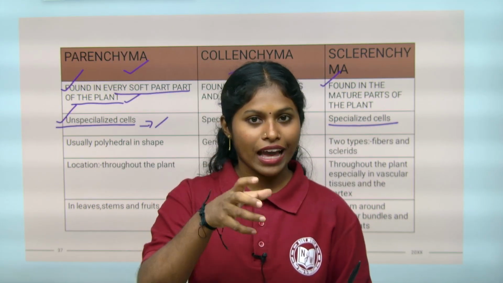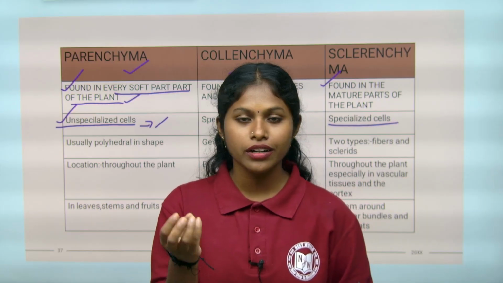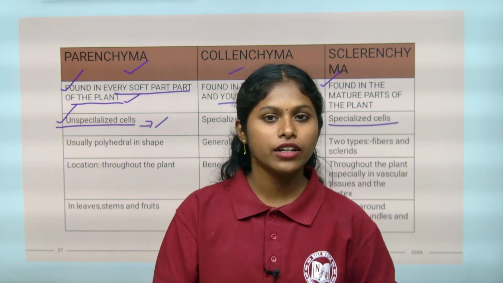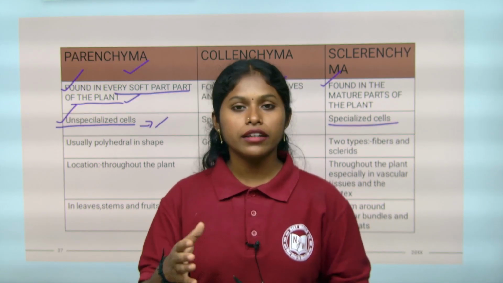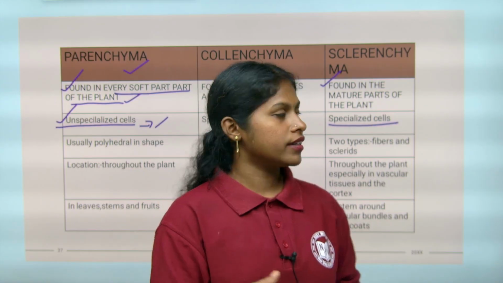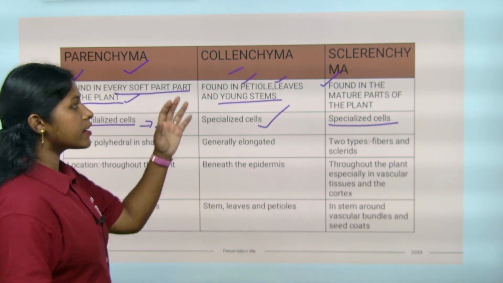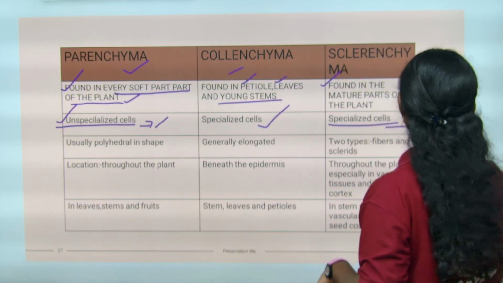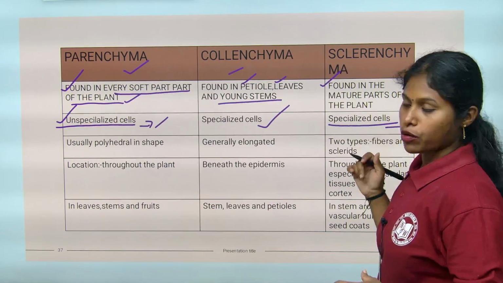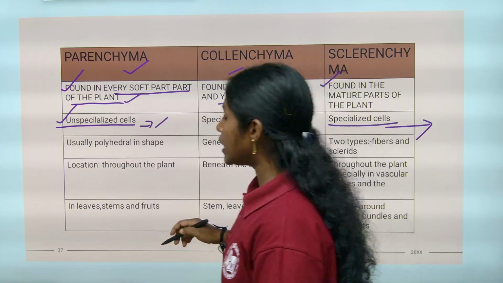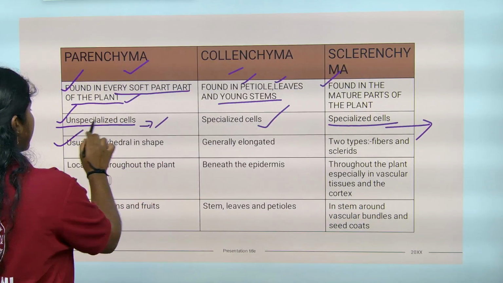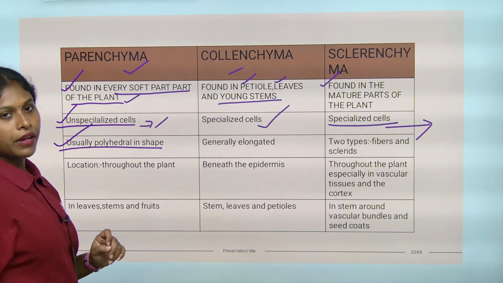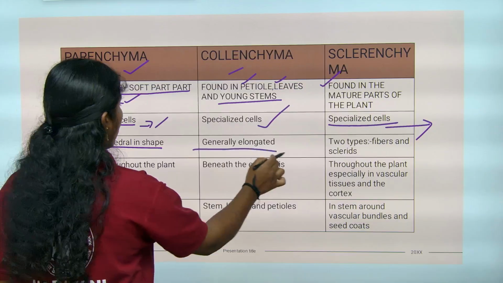Does the husk of the coconut have any moisture content? No, the husk of the coconut does not contain any water. So they are water resistant. And these Sclerenchyma are mainly devoid of protoplasm. They don't have any protoplasm, right? They are mainly polyhedral in shape, and these Collenchyma cells are elongated,